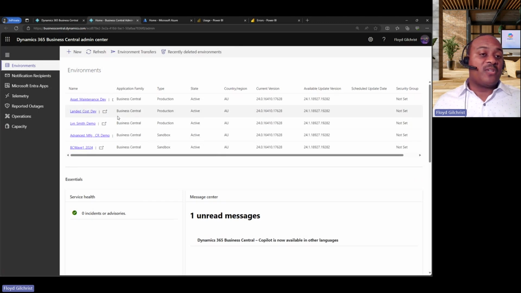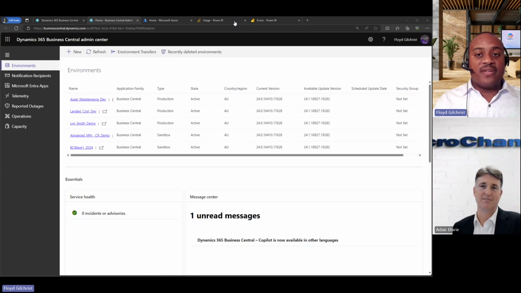When you're talking about managing Cloud ERP, you have the ability to recover that back, which is a very nice feature. So now that that environment's been deleted, I actually would have received an alert from my environment, and it would have come up in my Teams as a workflow item.